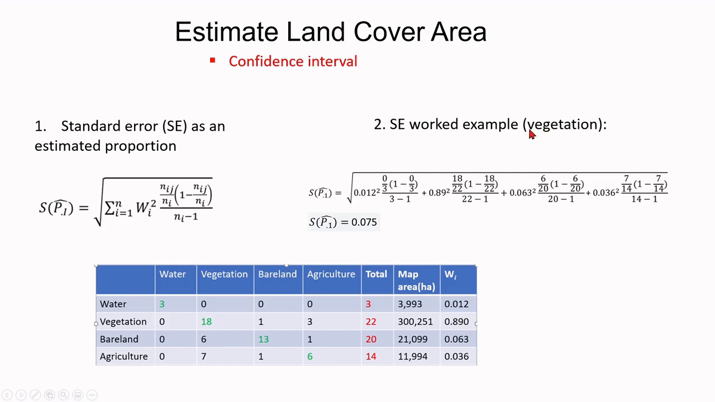So for example, I've done this for vegetation. We're going to look at the proportion in terms of the standard error for vegetation, and you can see here that this one is the weight, so the weight squared. When you go to vegetation, let's take this as vegetation, and then we're going to go